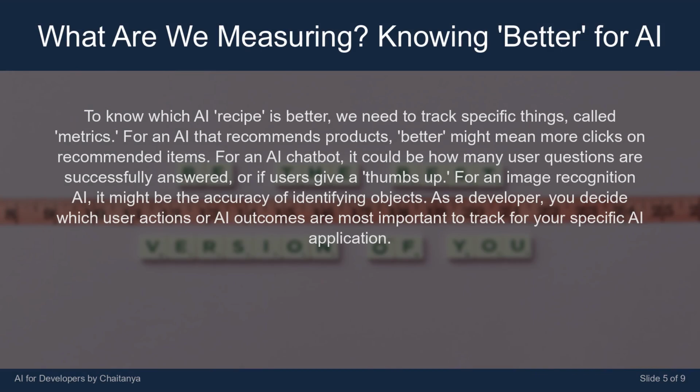To know which AI recipe is better, we need to track specific things, called metrics. For an AI that recommends products, better might mean more clicks on recommended items. For an AI chatbot, it could be how many user questions are successfully answered, or if users give a thumbs up. For an image recognition AI, it might be the accuracy of identifying objects. As a developer, you decide which user actions or AI outcomes are most important to track for your specific AI